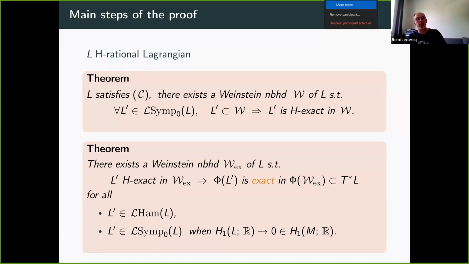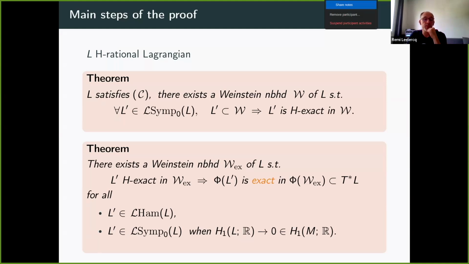Okay, cool. And now we have a second theorem, which is somehow more general in the sense that we don't need this additional condition. If you take L again, there exists a neighborhood, which might be smaller, bigger, I don't know, with the following property: if L prime is H exact in this neighborhood, when you look at it inside the cotangent bundle, then actually the image is exact, right? So we have exactly what we want, right? And this holds without additional assumption for any L prime which is Hamiltonian isotopic to L, and it's actually true for any L prime which is